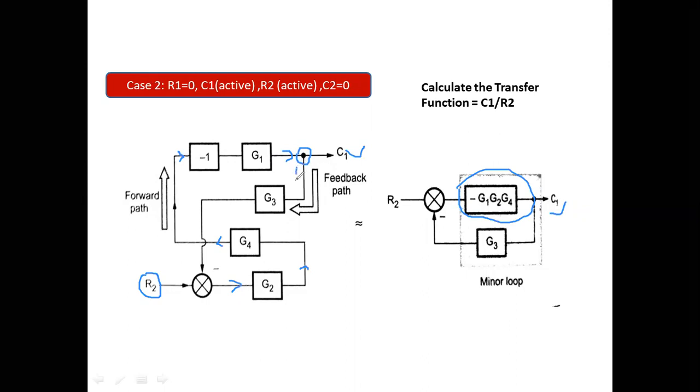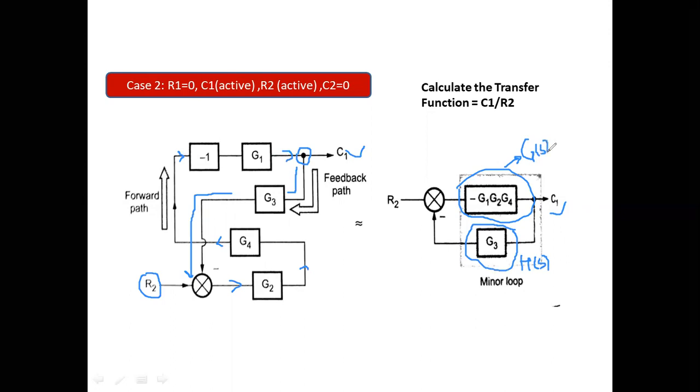So feedback path would be what? G3. G3 is getting multiplied by, okay, I think after G3 nothing is there and it is directly moving towards the summing point. So in the feedback, HS would basically become only G3. Okay, the feedback only becomes G3. So this is HS over in this case. HS is basically G3, and GS is basically what? GS is basically minus G1, G2 and G4.